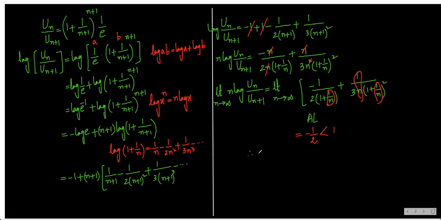So therefore, limit n tends to infinity, n times log of un by un plus 1, the value is less than 1. Less than 1 means by which test we applied? By the logarithmic test, the series is divergent. Finally we write divergent, hence the given series